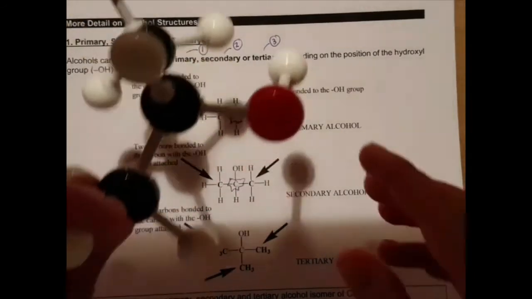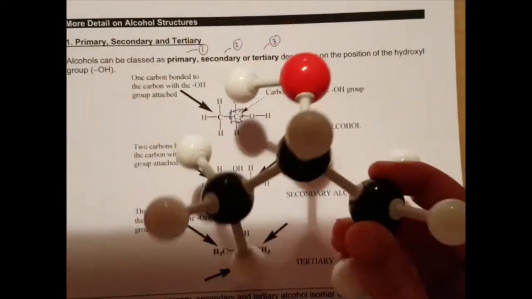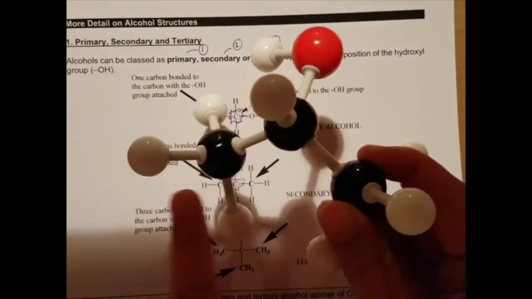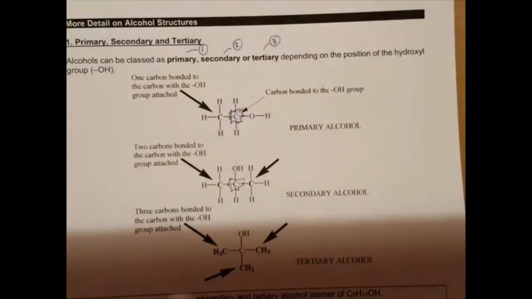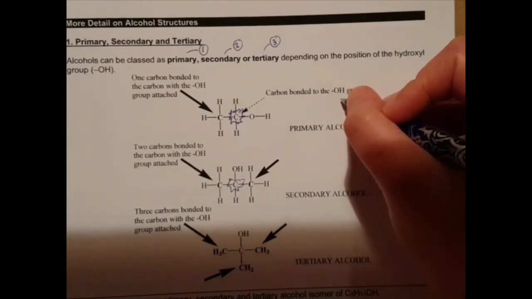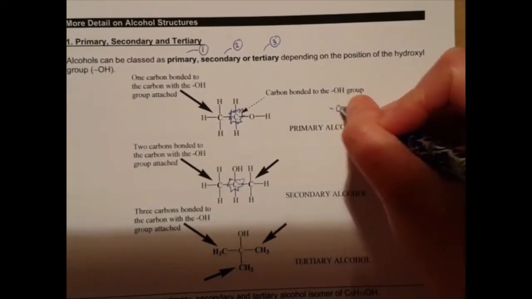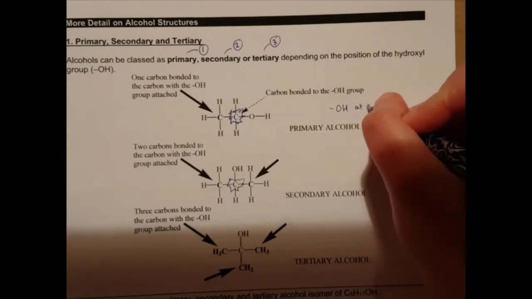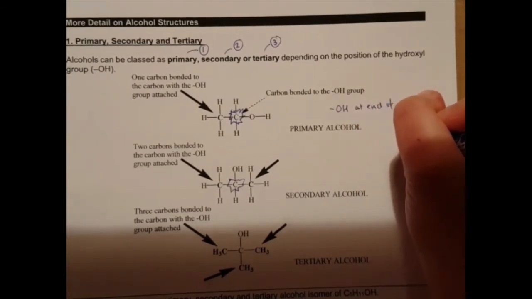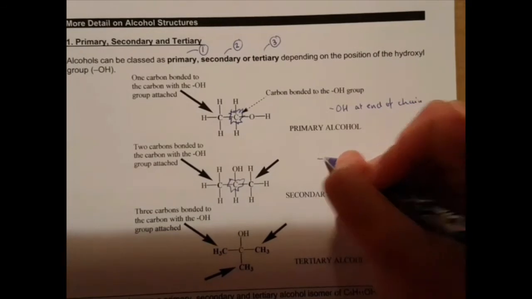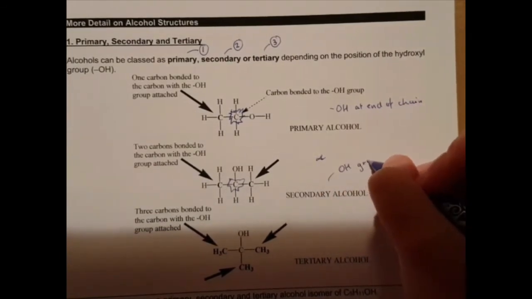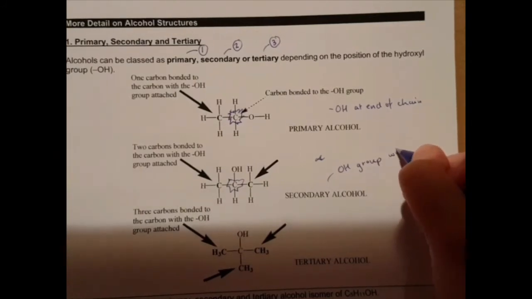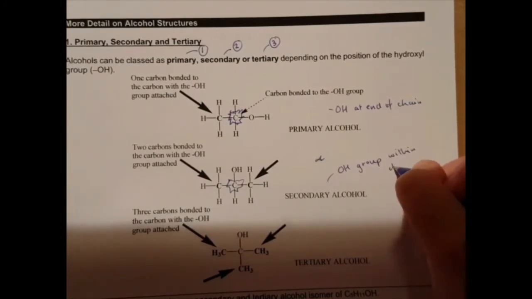So again, we've got our 3D structure here. We've got the hydroxyl group carbon, and then that one is bonded to 2 other carbons. So that's a secondary alcohol. Okay, so in a primary alcohol, the OH group is at the end of the chain. In a secondary alcohol, the OH group is within a chain,